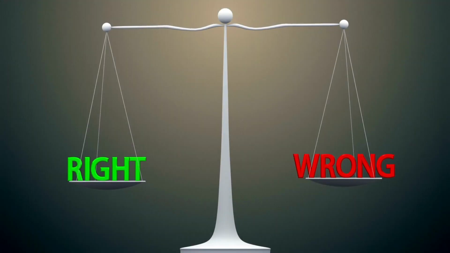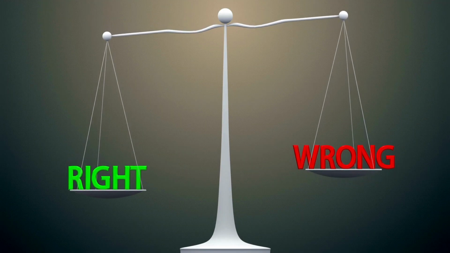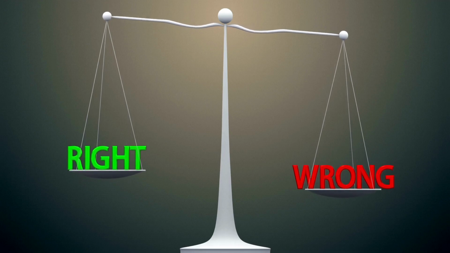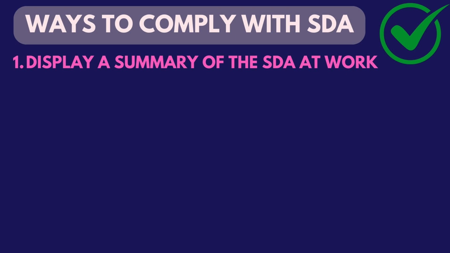Now we'll be talking about the ways in which a business can comply. Now what you must always remember is that non-compliance is the opposite of complying. Now, to comply, it's when you have done correctly. It's when you have done what is accepted by law according to the Skills Development Act. Now, our first point there is that